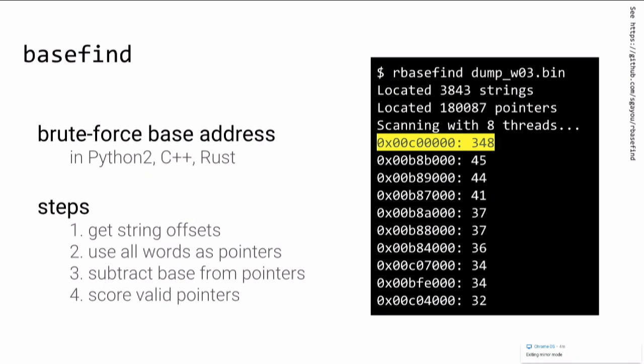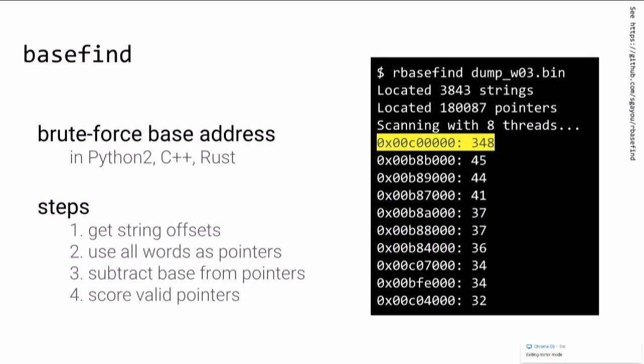So basefind is really cool. If you don't know it, you should use it. That's a tool that works fine on MIPS and ARM. And the goal of basefind is to test different base addresses and return the ones, like on the screen, that are the most likely correct. To do so, it performs several steps that do not depend on the architecture. And here we'll just have a look at the results.